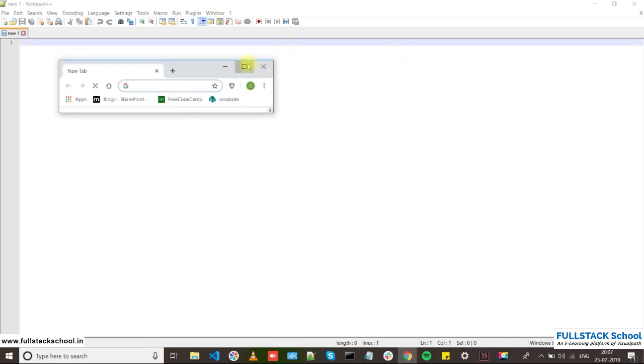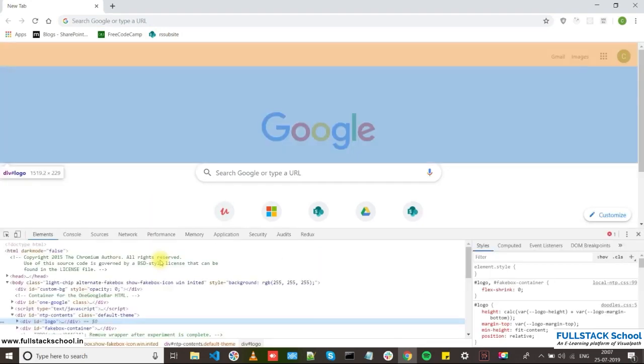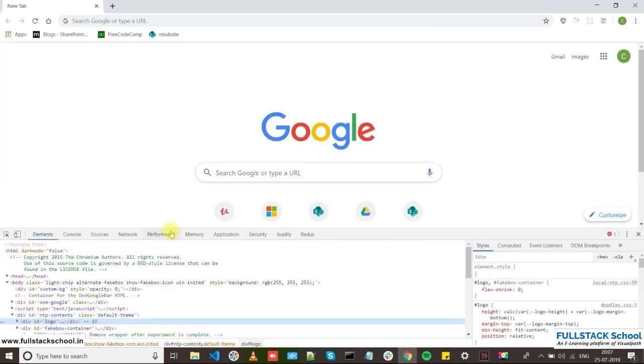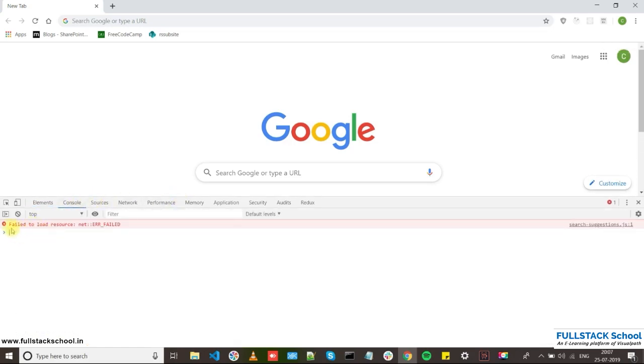Obviously, we are going to work with some editors to code our JavaScript, an IDE. Before that, I'll show you what we can do in JavaScript without an editor. So this is Chrome developer tools.